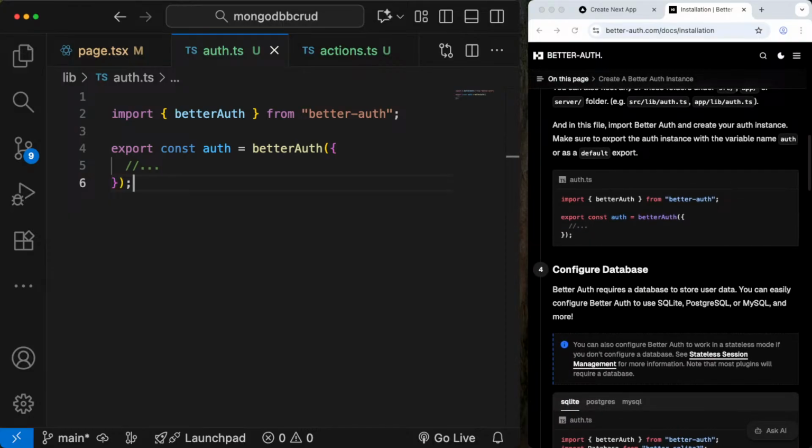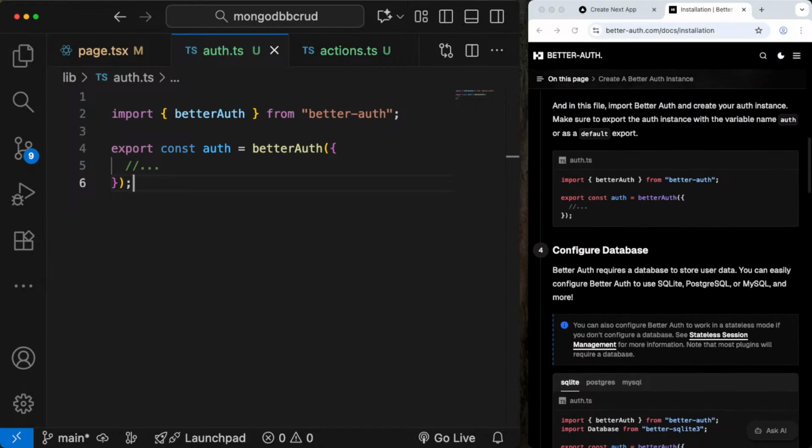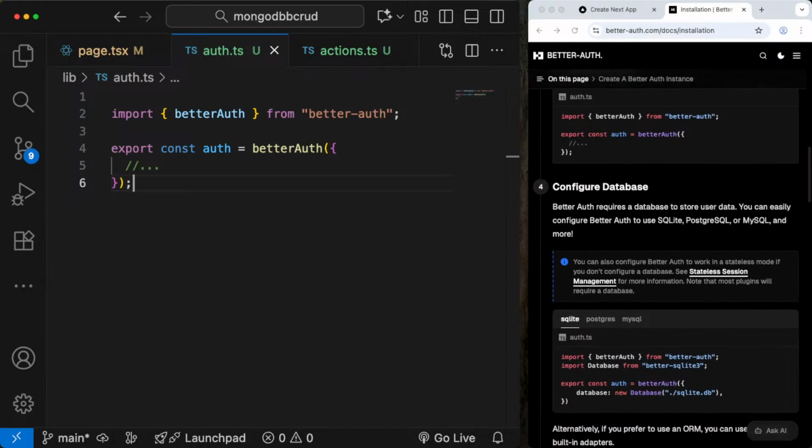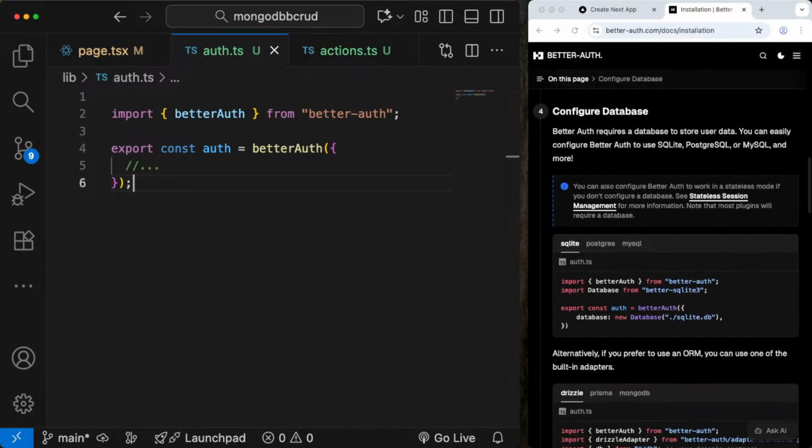Better Auth requires a database to store the user data. You can easily configure Better Auth to use SQLite, Postgres, or MySQL, and more. So if we were to use one of these databases,